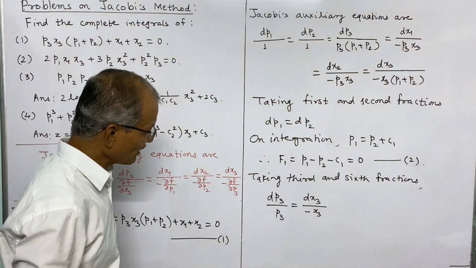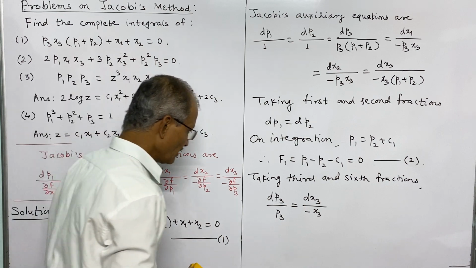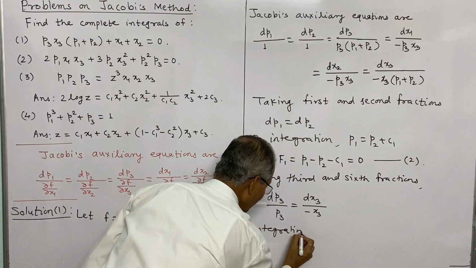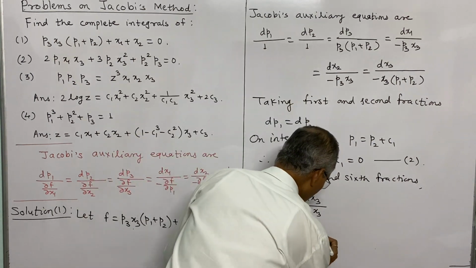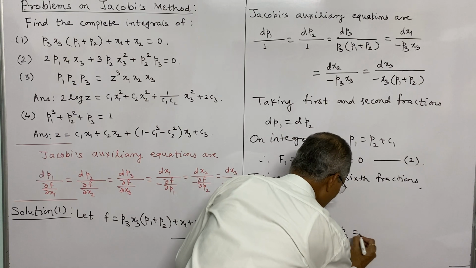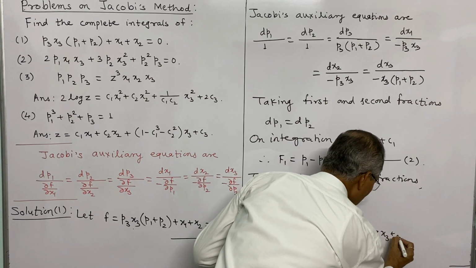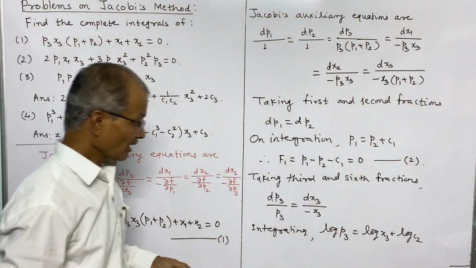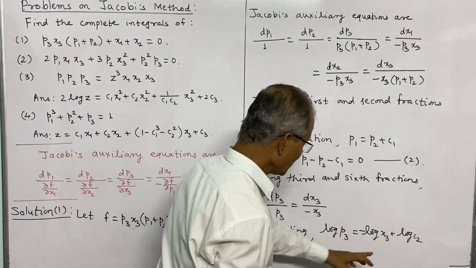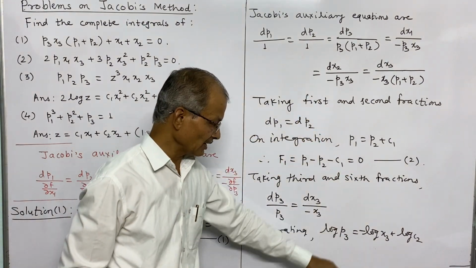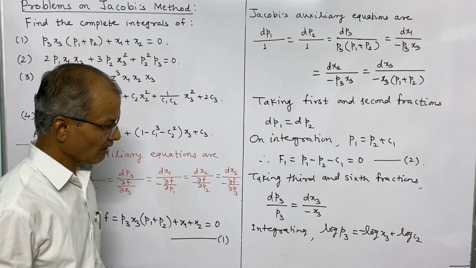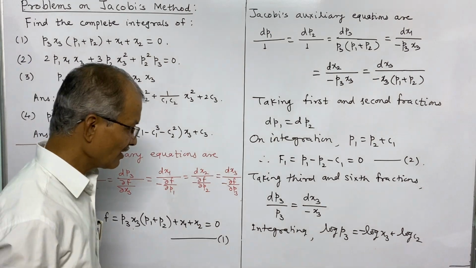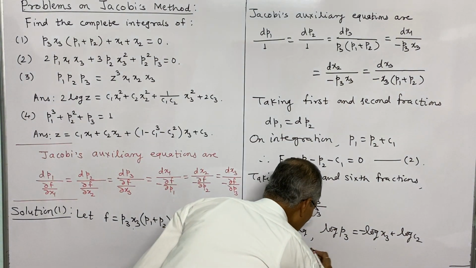And now it is a separate variable form, we can integrate it easily. So integrating, what we shall get is log of p3, and the right side is log of x3 plus log of c2. We consider the constant in the form of logarithm, and again this is negative. So if you shift this to the left side, it becomes log p3 plus log x3, and using logarithm, log of p3 into x3 is equal to log c2, and eliminating log, this implies p3 x3